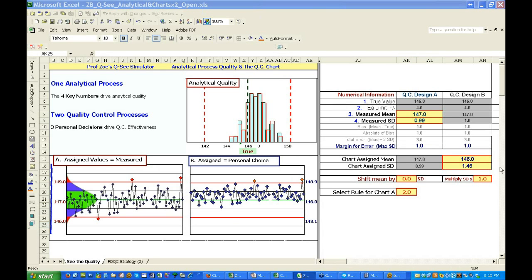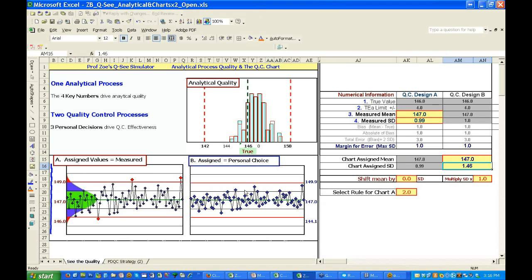This chart, the properly made chart, again I put the real mean, the real SD on it. If I'm over here, the question becomes, what am I going to do? Where did that 146 come from, and where did that 1.46 come from? So if I'm looking after assigning and it's not going to be automatically assigned, I would go back in here and I would change that, or consider changing. I don't know where they got that 146 from to start with. If they go in here and put the real mean on the chart,